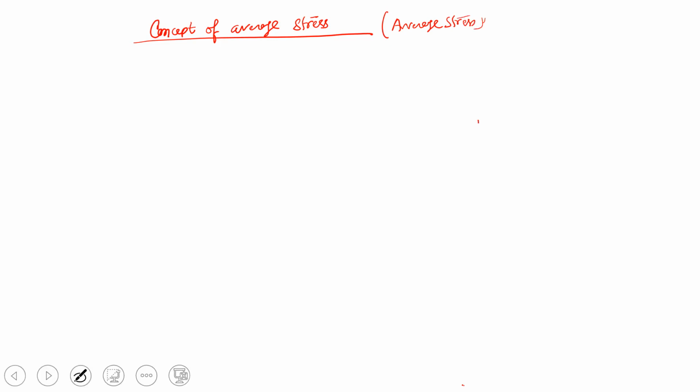Concept of average stress. So guys, in the case of a stress strain curve, the stress which we write is the average stress. How is it so? Let us see over here. Now in the book, if you see,